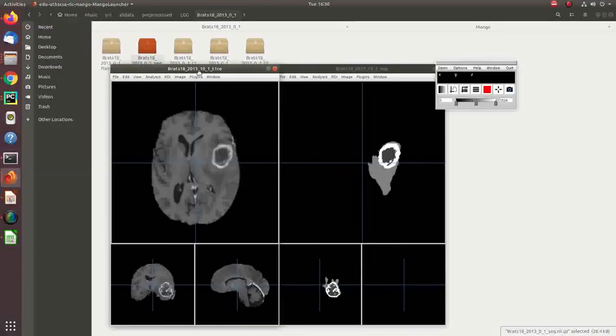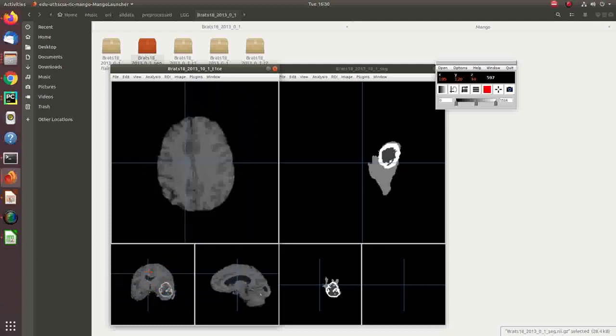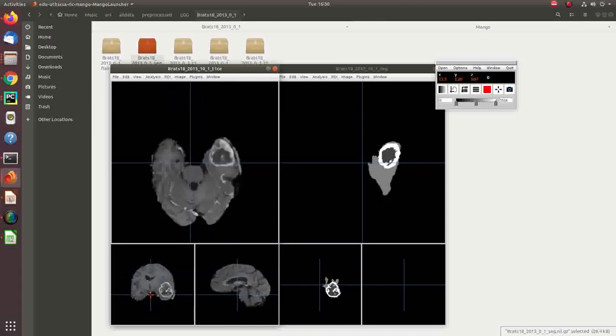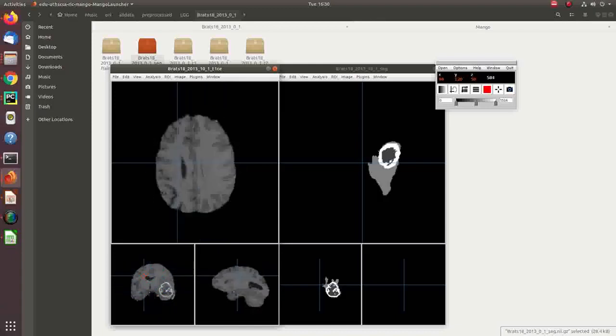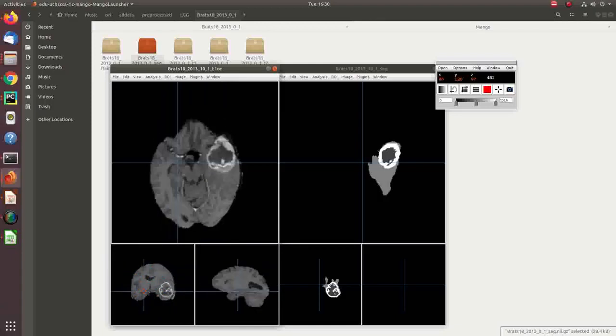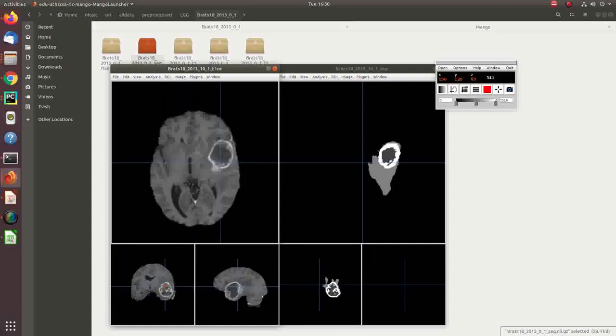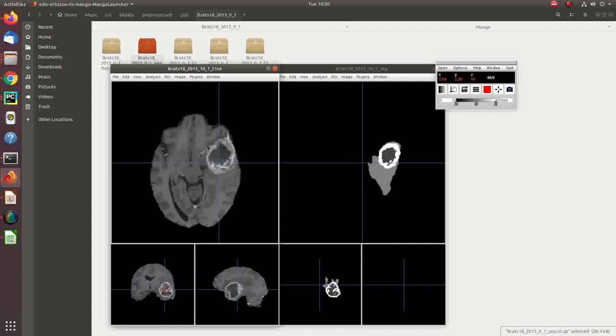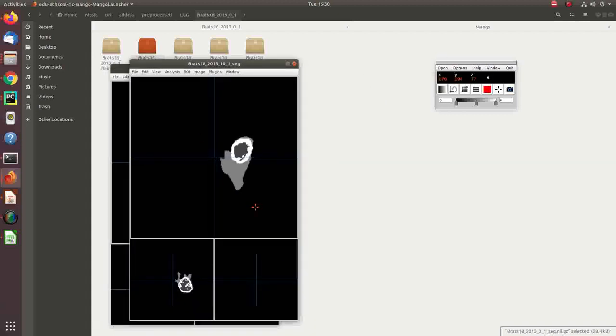Let me give you an overview. This is one of the images. You can see with the help of the tool what these images look like. As you can see here, while I revolve the cursor, the image of the brain is changing, and this sort of graphical overview it gives. This is the portion of the tumor which was separately segmented by a professional, and you can see here the whole tumor portion.